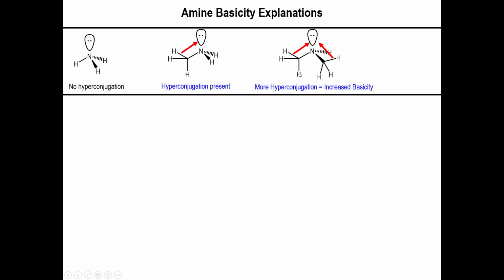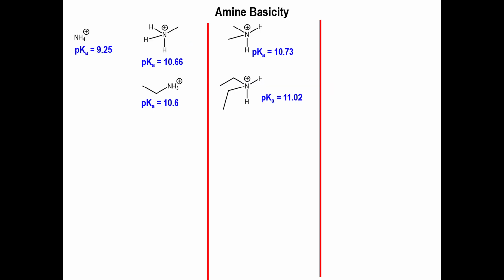So you could argue the same thing is going to happen to a greater extent if you now add a second alkyl chain to your nitrogen. If we had hyperconjugation to begin with, well, now having additional hyperconjugation is only going to augment the effect of increasing the basicity. So that's the idea right here. Now, at the core of this, if you really want to dig into what exactly hyperconjugation stands for, we will have to talk about molecular orbitals, which I did debate about putting in this slide, but I decided to just keep that out for the sake of simplicity. But if you're wondering about it, yes, molecular orbitals are involved. All right, now